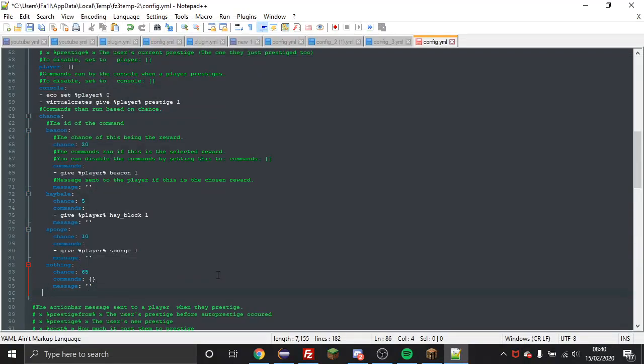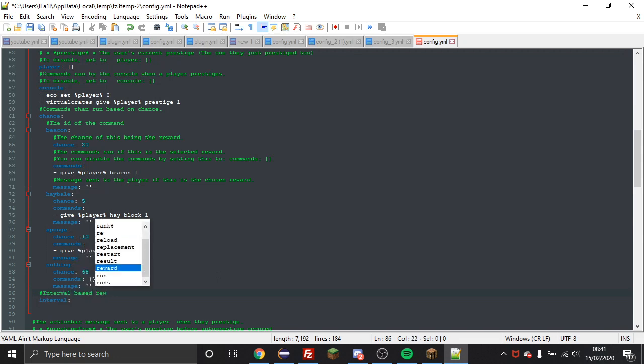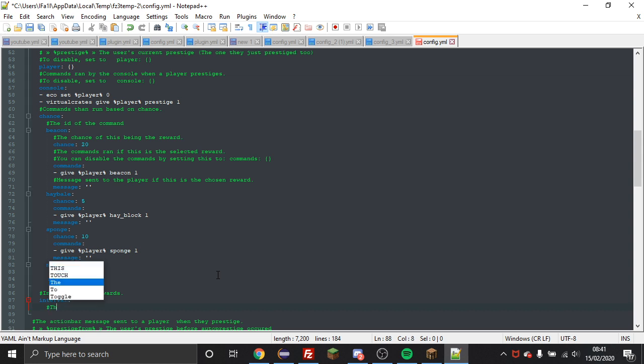So I'm going to say interval based rewards. So the material of the block given. So yeah, I've kind of already planned out in my head how this should look in the config, but I haven't actually, you know, tested or anything. So hey Bale,